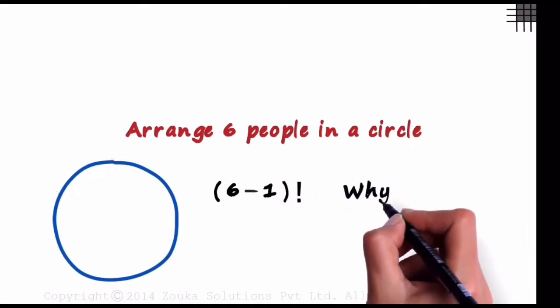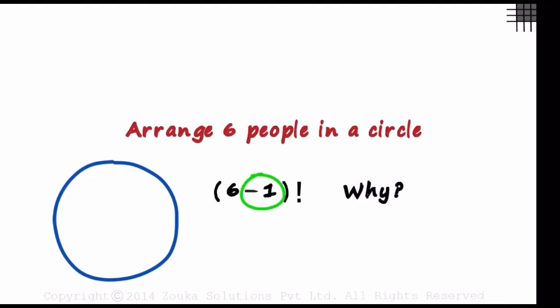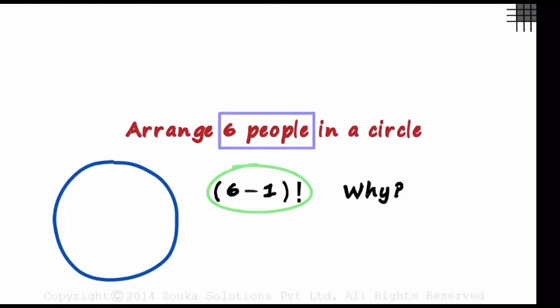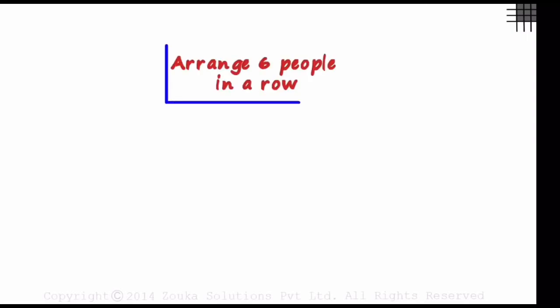But why? Why do we subtract a 1? And this is exactly what most don't know. And most of us won't even try to understand it. Because it's a simple formula, n people around a circular table can be arranged in n minus 1 factorial ways. Let's understand why. First, we need to know the number of ways in which we can arrange 6 people in